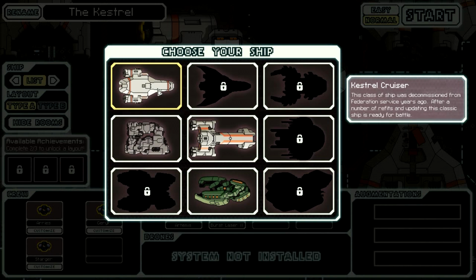The Kestrel Cruiser. This class of ship was decommissioned from Federation service years ago, and I'm flying this thing? After a number of refits and updating, this classic ship is ready for battle. And it is a nicely designed ship. It kind of reminds me of the USS Defiant from Deep Space Nine, for those of you who watch Star